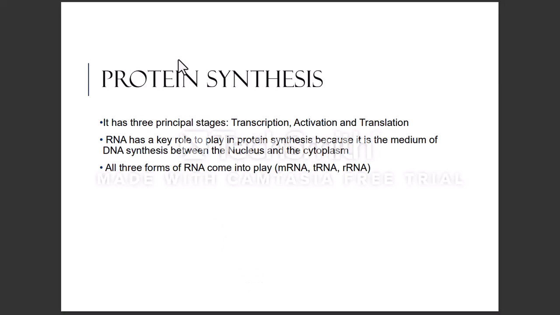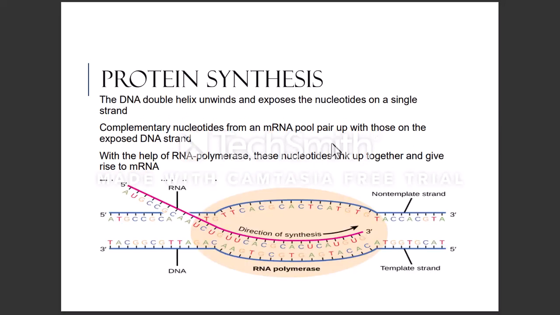So protein synthesis has 3 main stages. The first being transcription, the second being activation, and the third being translation. So RNA has a key role to play in protein synthesis because it is the medium between the nucleus and the cytoplasm. Remember, we saw the different forms of RNA. We said there was messenger RNA, transfer RNA, and ribosomal RNA. Okay, so during protein synthesis,